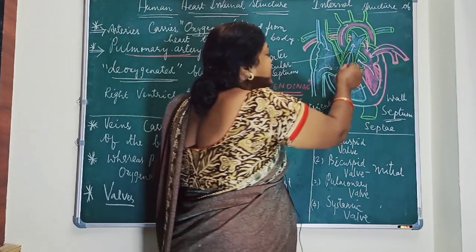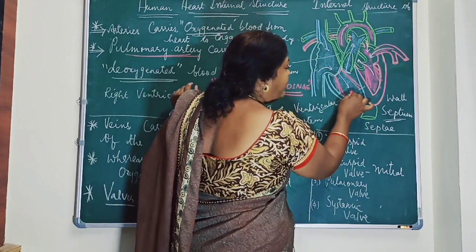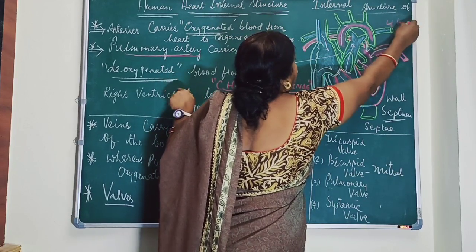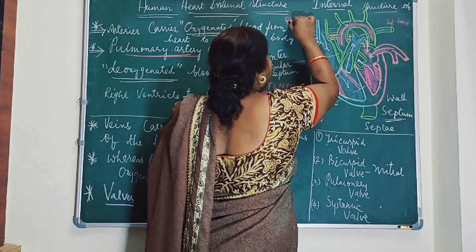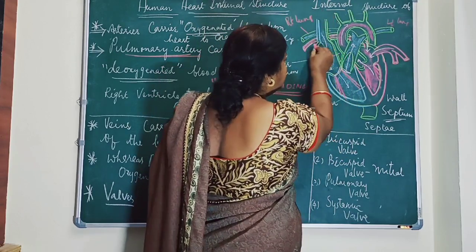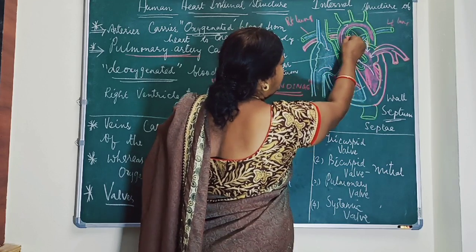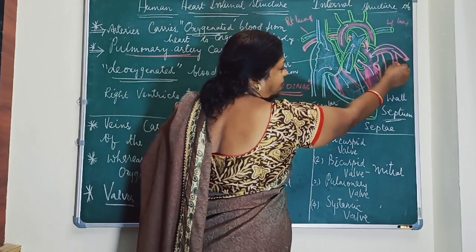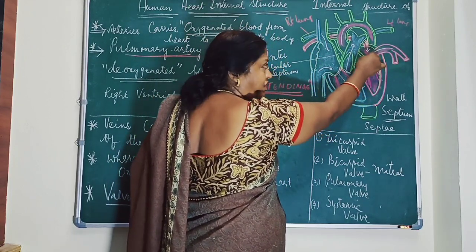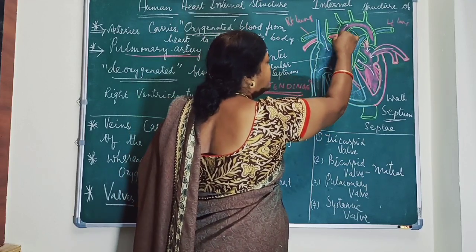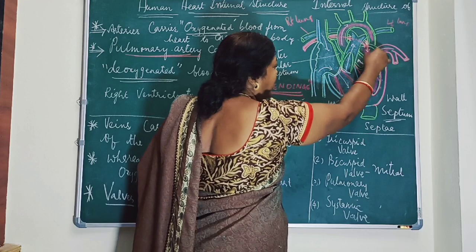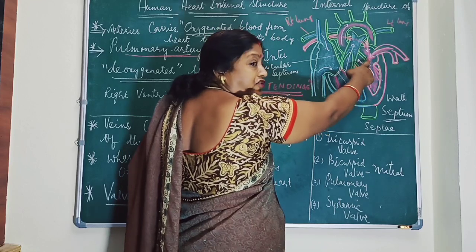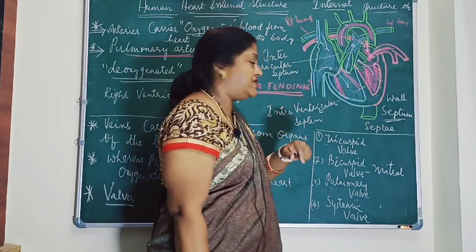So you can see here, these are pulmonary arteries which carry blood from the right ventricle to the lungs, this goes to the left lung and this goes to the right lung. Okay, and then here you can see veins, children, pulmonary vein. Can you see these pulmonary veins here, red in color? Both the right pulmonary vein and the left pulmonary vein open into the left auricle. See here you can see this opens in the left auricle, whereas this also opens in the left auricle, because the left auricle is a center for oxygenated blood.